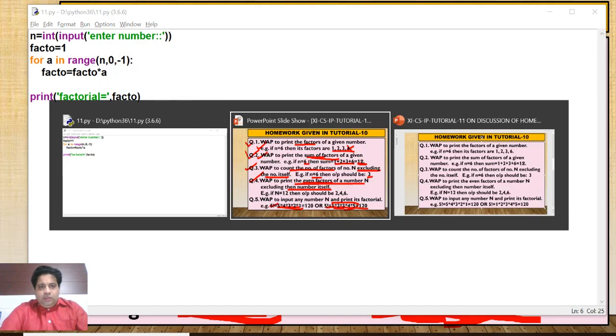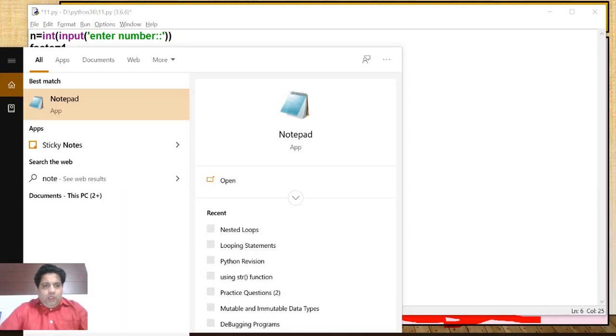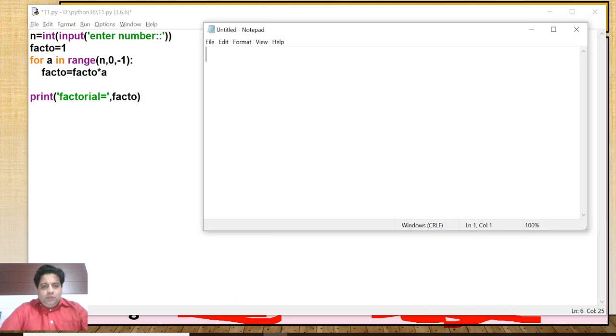Now I will explain the logic once again. See, how is it working? Here this is a, then you are taking n, then lower limit, and then facto.